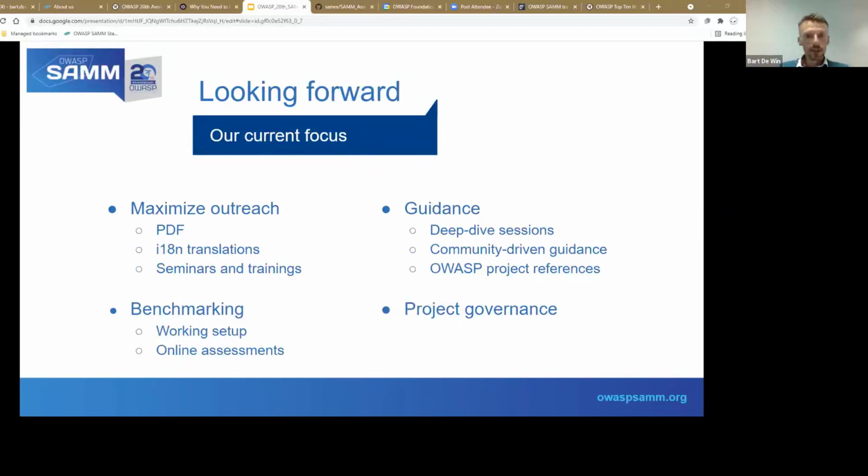there are 2 project leaders, but there's a core team behind this of around 10 core team people that are continuously working on this model. It's really a team of people behind this project, definitely much more than the 2 project leaders that I introduced in the beginning. Our current focus is, first of all, to maximize the outreach of the project,